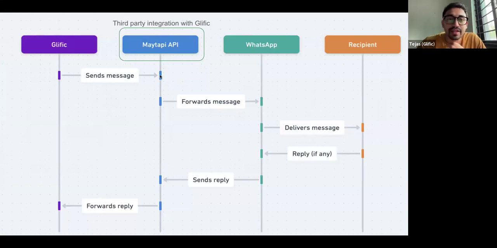Any messages you send will be routed through MateAPI into WhatsApp and delivered to the groups. Whatever activity is happening within the groups comes back through MateAPI into your Glyphic platform. So you have one place where you can manage things like scheduling messages, receiving messages, and seeing the analytics of what's happening in all the groups your phone number is part of.